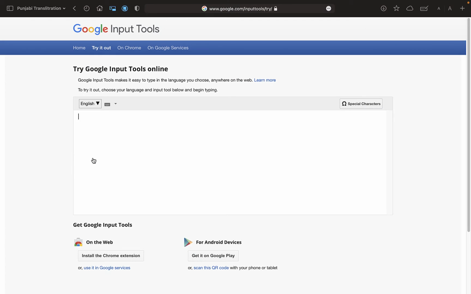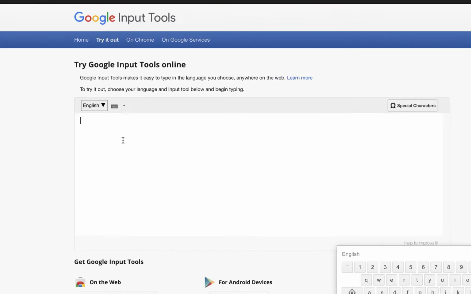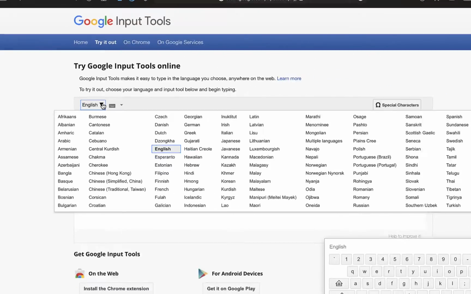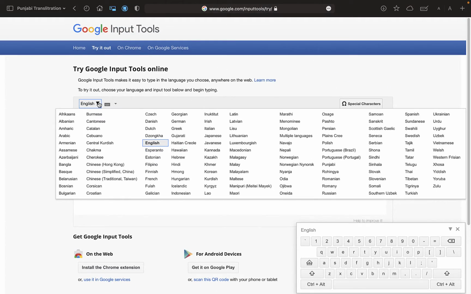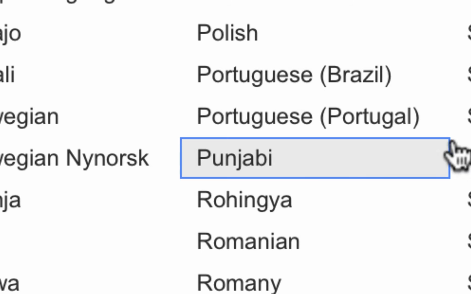and that will take you to this page where there is a window in the middle where you can type, and in this window on the top left is written English and there's the triangle next to it. Click on the triangle and that will show you a number of languages in which you can transliterate. I will choose Punjabi for this tutorial,